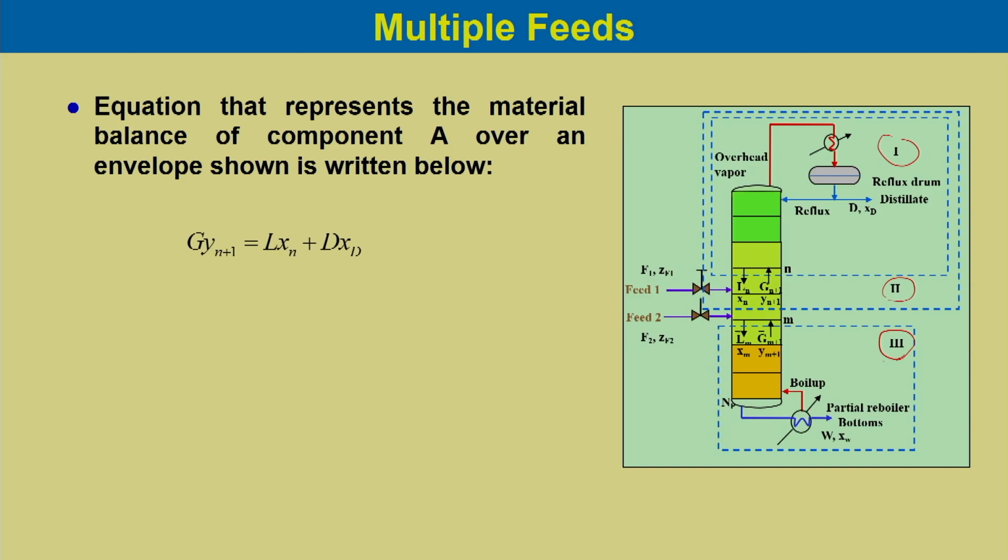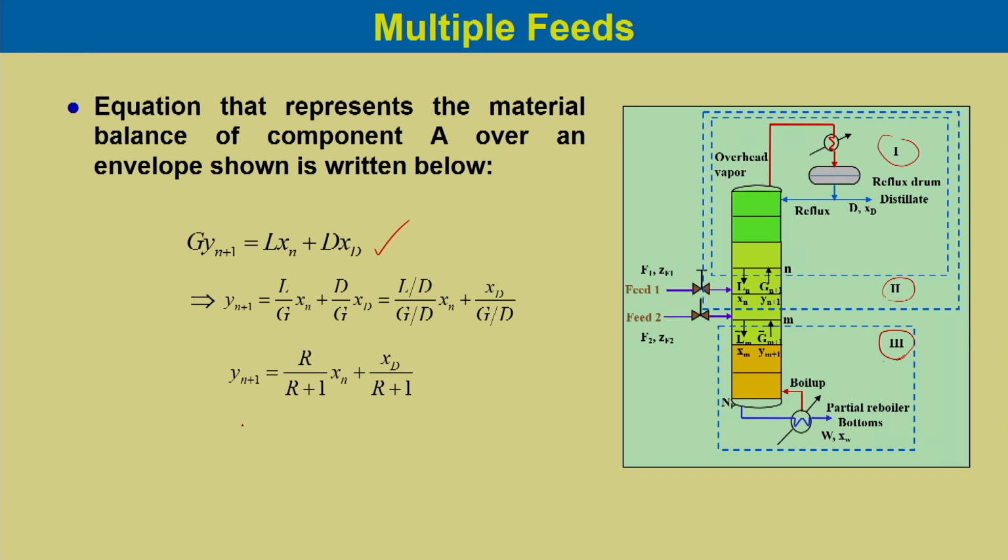So, we have G into y n plus 1 equal to L into x n plus D into x d. So, from here we can write y n plus 1 equal to L by G into x n plus D by G into x d. So, it would be (L by D)/(G by D) x n plus x d/(G by D),